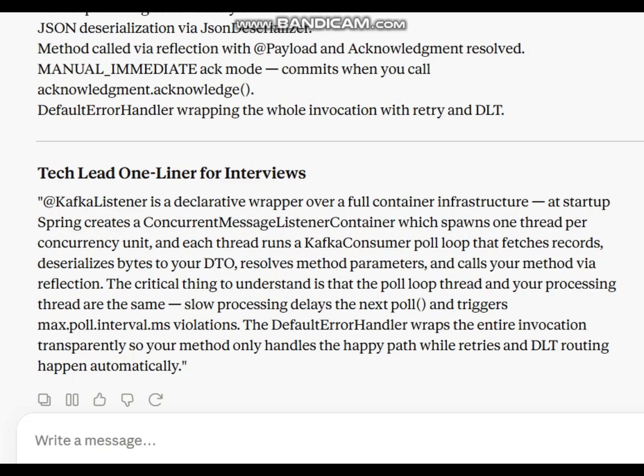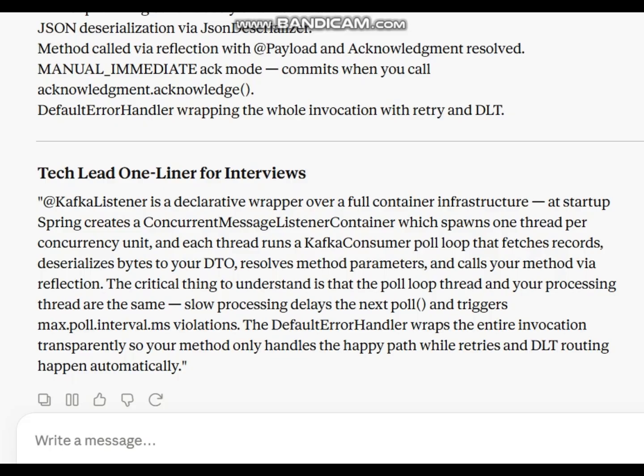@KafkaListener is a declarative wrapper over a full container infrastructure. At startup, Spring creates a ConcurrentMessageListenerContainer, which spawns 1 thread per concurrency unit, and each thread runs a Kafka consumer poll loop that fetches records, deserializes bytes to your DTO, resolves method parameters, and calls your method via reflection.